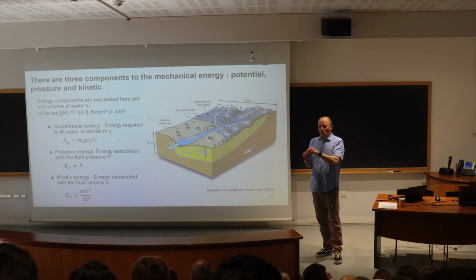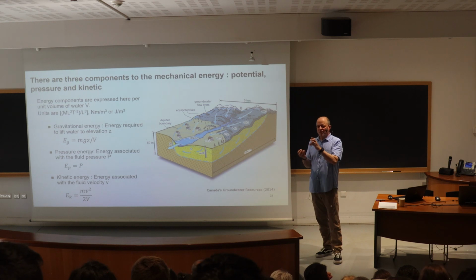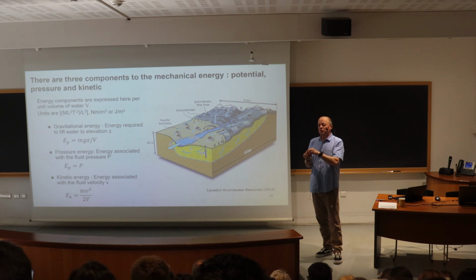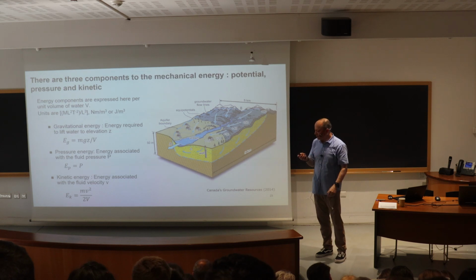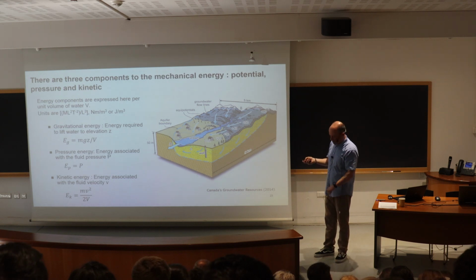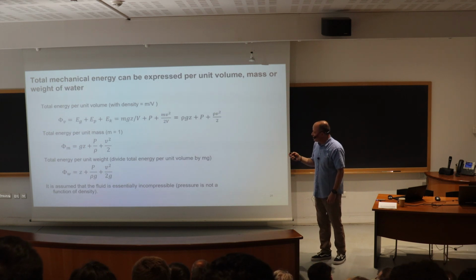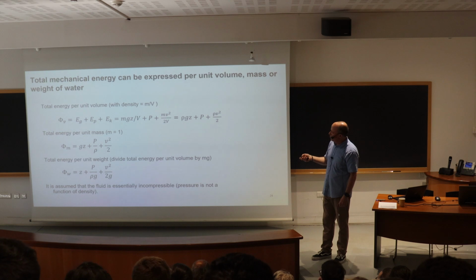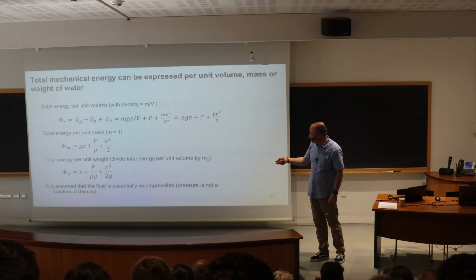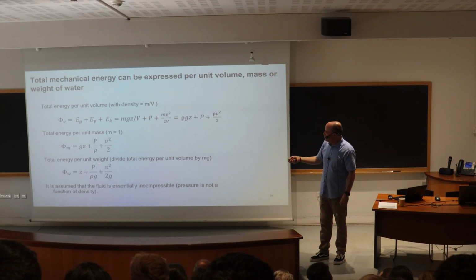The work required to increase the pressure from some initial value P0 to a value of P. And then finally, what is the work required to move a particle of water from a velocity of 0 to a velocity of V. So he came up with general relationships. And then we have various forms. We can express the energy per unit volume, per unit mass. And the last one here, that I will come back to with the next slide, is the energy per unit